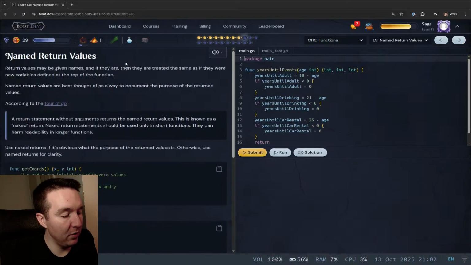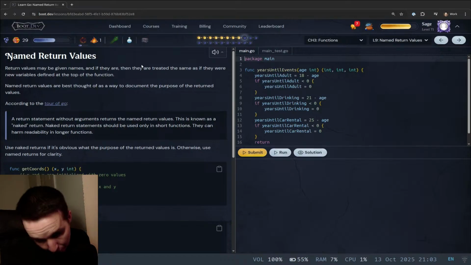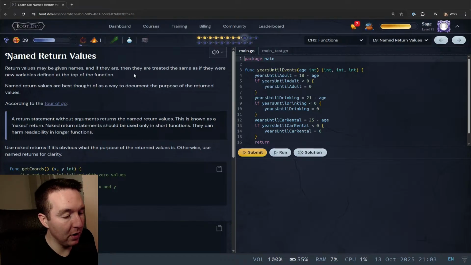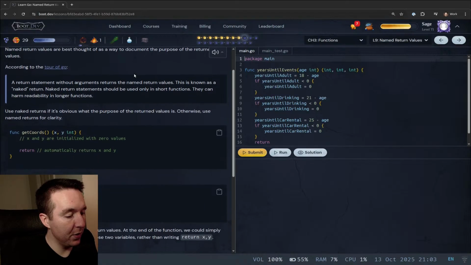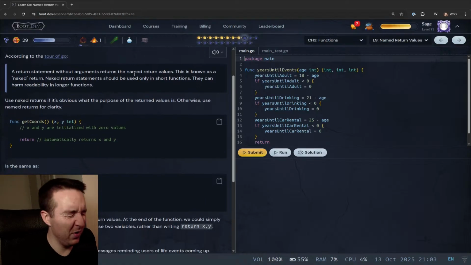Named return values. Return values may be given names, and if they are, then they are treated the same as if they were new variables defined at the top of the function. Named return values are best thought of as a way to document the purpose of the return values. According to the Tour of Go,